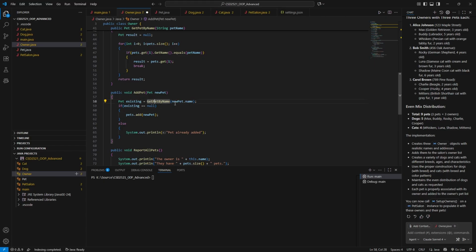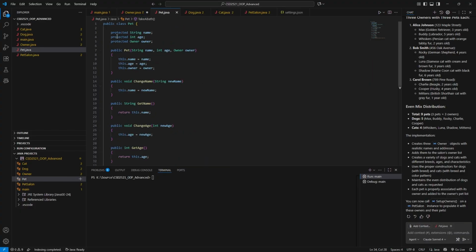And so I am getting the pet by name. So here's the new pet being passed in, grabbing its name, passing it in. Wait a minute, we're grabbing its name directly. We're not using the getters. We're not using getName. What? What's going on? All right, this is where we've got to talk protected and some of the aggravations of Visual Studio Code. So if you read up on protected, which would have been part of the reading assignment from previously,